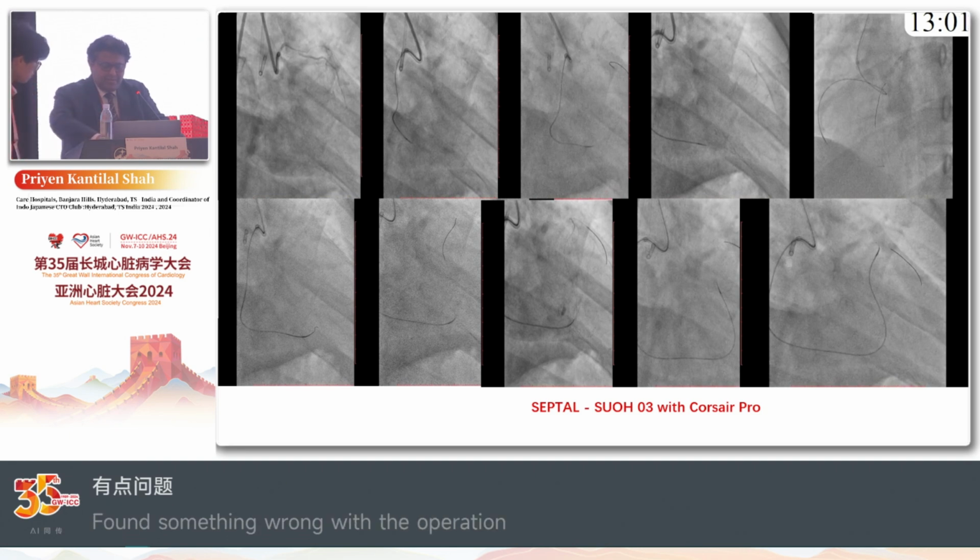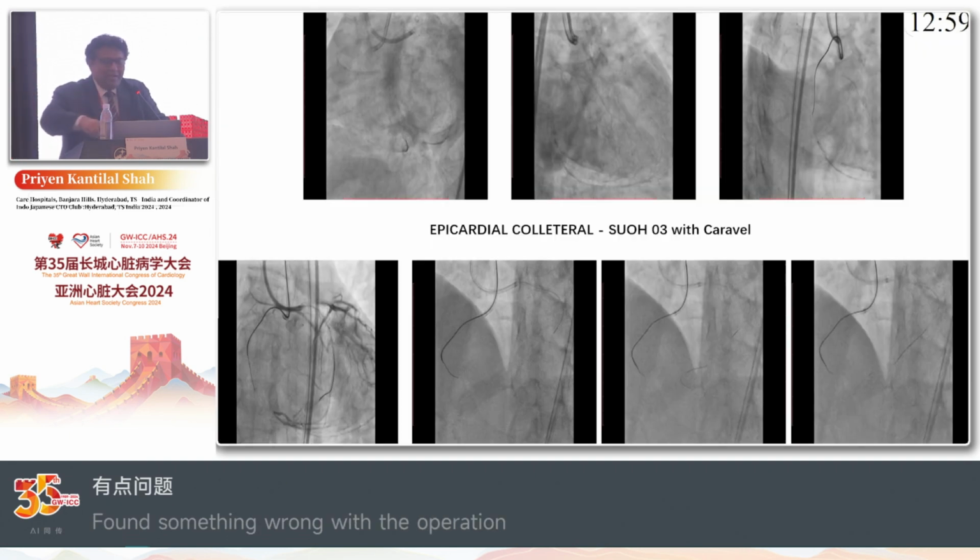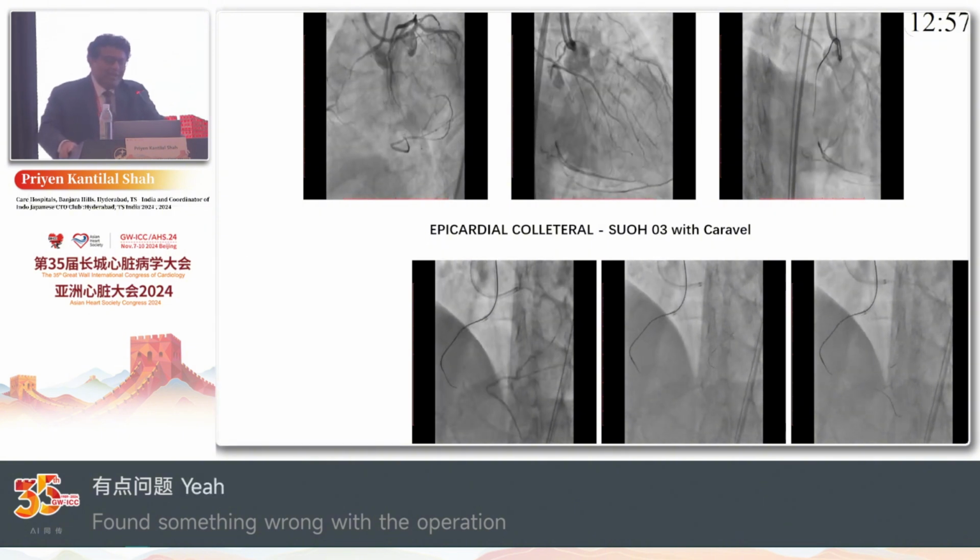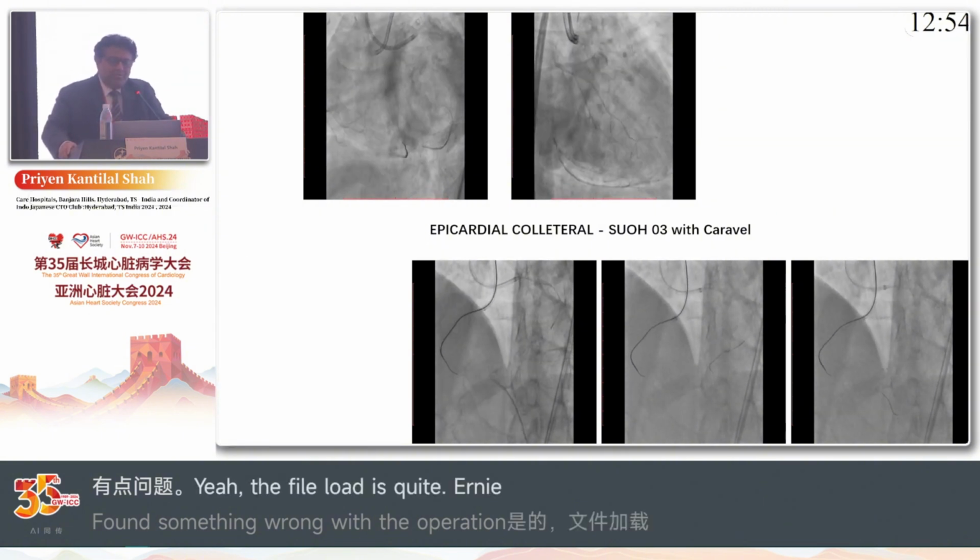Next. Yeah, the file load is quite heavy. SUO being used in